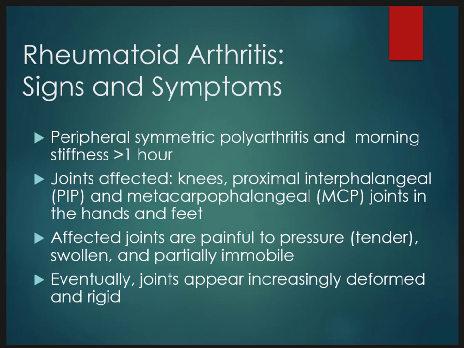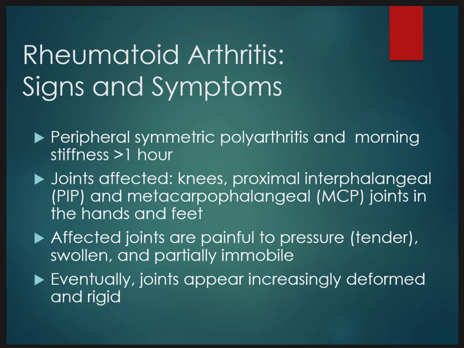Okay, we're back for part 2 of chapter 17, and we are talking about rheumatoid arthritis. Some signs and symptoms of RA are peripheral, symmetrical inflammation of numerous joints, on the same side and both sides, and typically morning stiffness for greater